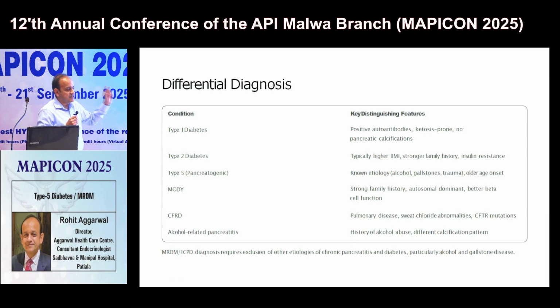In this type of cases, insulin resistance in MRDM is there, but it is lesser as compared to type 2. And in MRDM, there is a slight insulin secretion from our own pancreas also. So the C-peptide is there, but it is on the lower side. In type 2, the C-peptides are always higher because of hyperinsulinemic phases. So MODY, which we have to rule out through genetic testing. There are usually pedigree charts, a family history across 3-4 generations, vertical transmission, these types of things are there. In alcohol-related, you usually find a different calcification pattern which we have discussed, and there is a history of